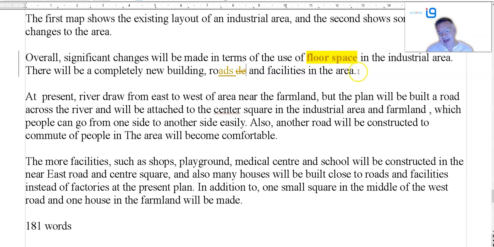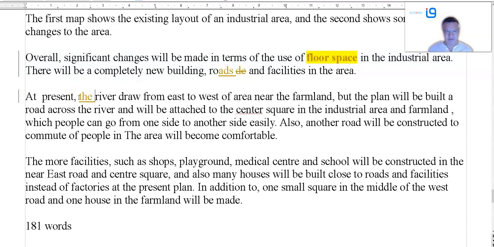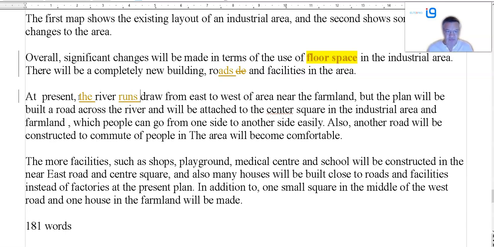So right, again, that overview, it's pretty sparse. Right, that's not clearly identifying, and we use a floor space. That doesn't even make any sense. So that overview doesn't really work there. At present, the river. Draw, well, rivers usually run. That's the verb that we use. Is it? River runs from east to west or west to east of